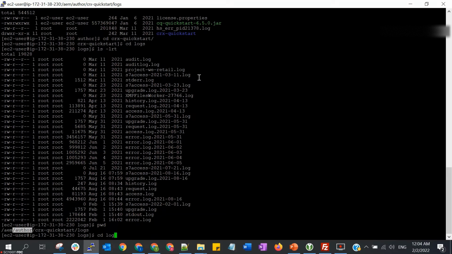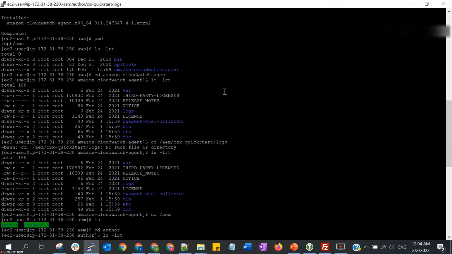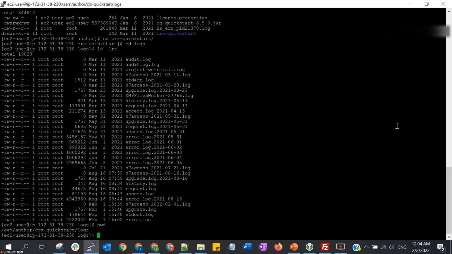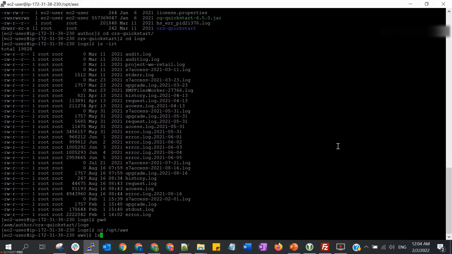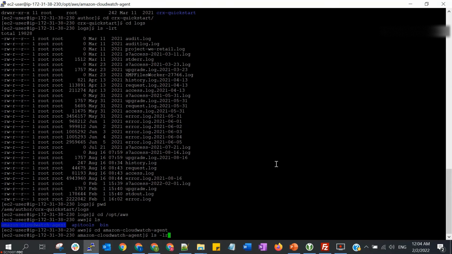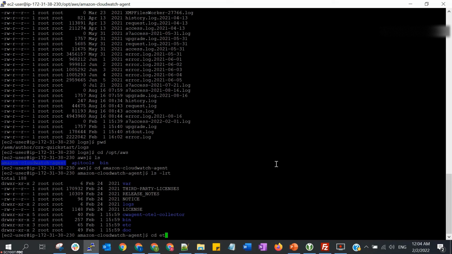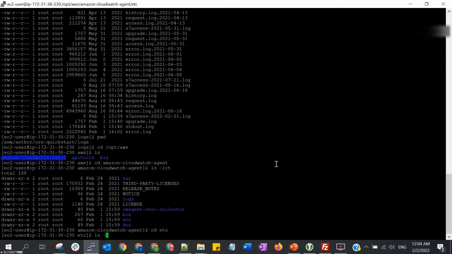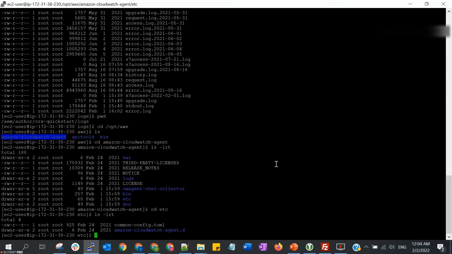Okay, let me go back to the opt, okay, this one. And I'm going to the etc folder. So I will create my config file here. I just create it manually.